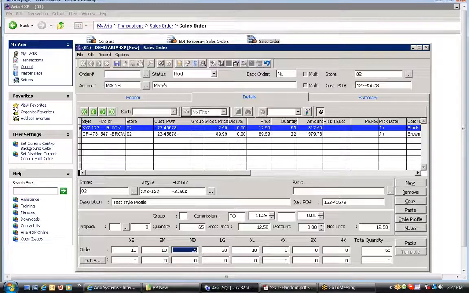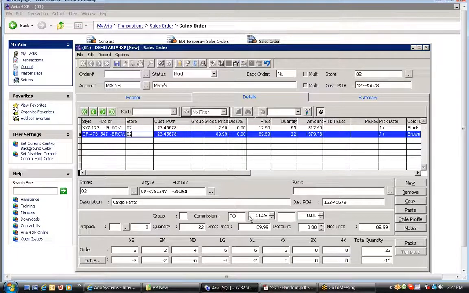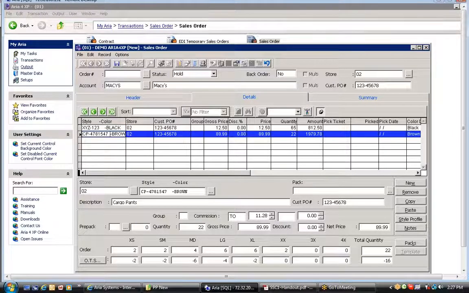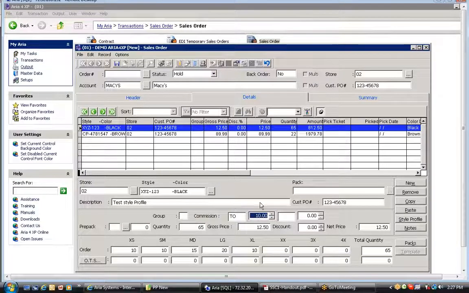Some advanced features available on the sales order line level: you can have a commission on the line level for the sales rep different than the header. So if you elect to have that option turned on, or that parameter is active on your company, you can override the commission percentage by line, which will only be calculated on that specific style color when the system calculates the commission. So here, for instance, I want to give 10% on the first line, but for the second line, it will take the default commission of 11%, whatever was set up on the customer. So this is how you can override the commission on the line